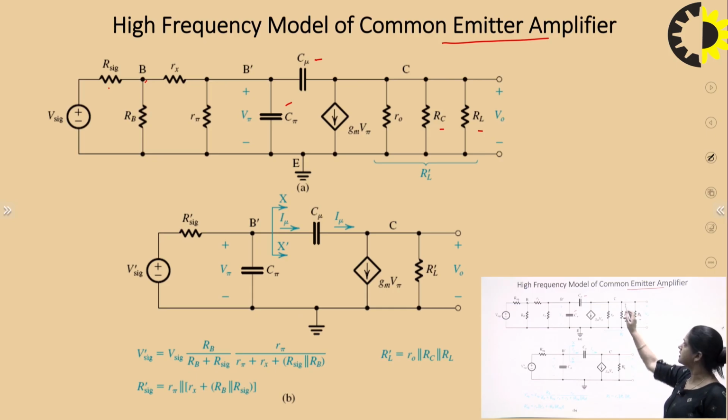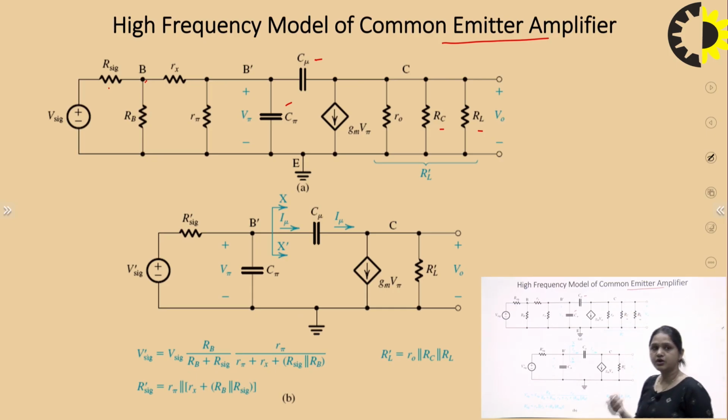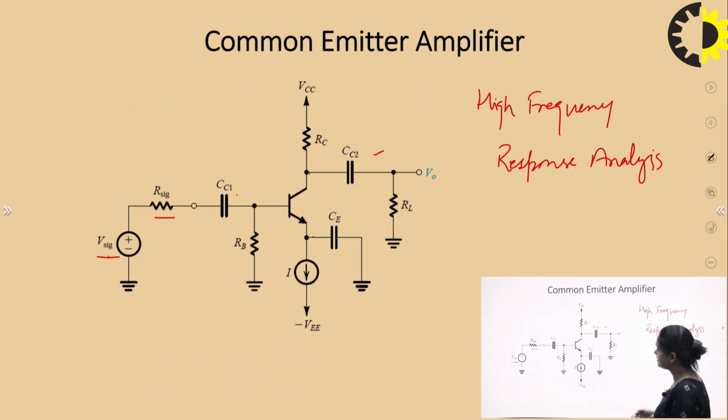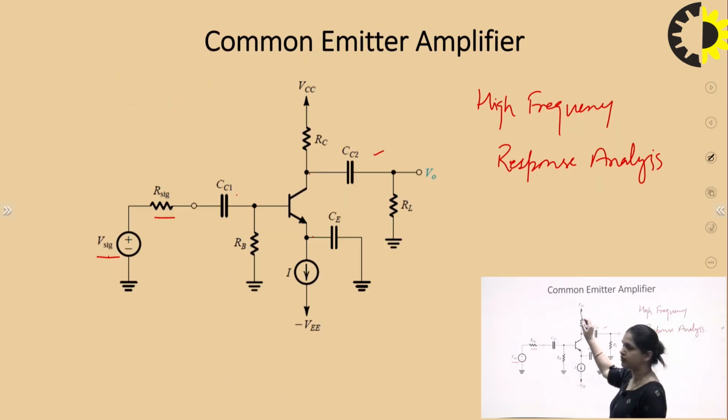So we have added RC at the same position, because in AC analysis, for drawing the AC equivalent circuit, before moving to the small signal model, first we have to draw the AC equivalent circuit. So just replace it by the ground, and this can be replaced by open circuit. So you can see that this RC is connected between collector and ground, and RL is